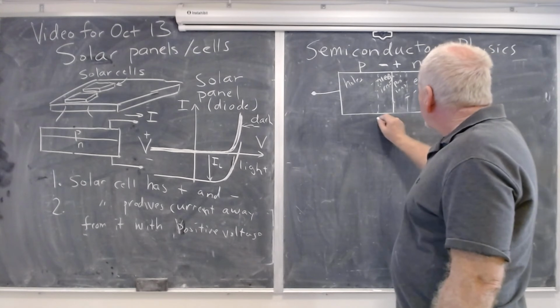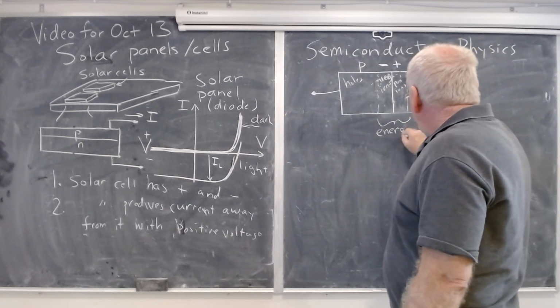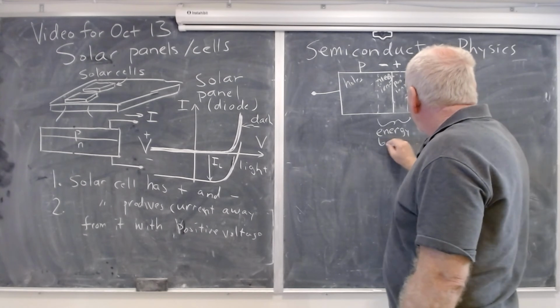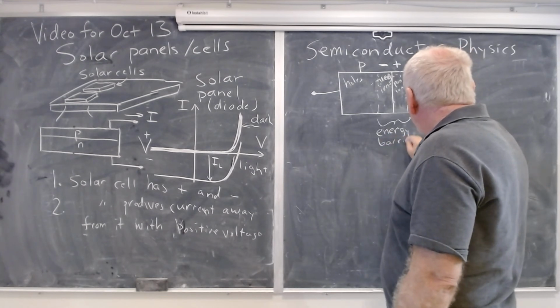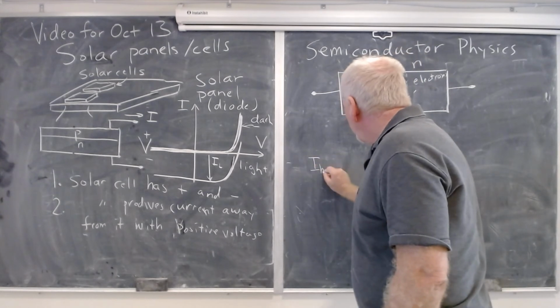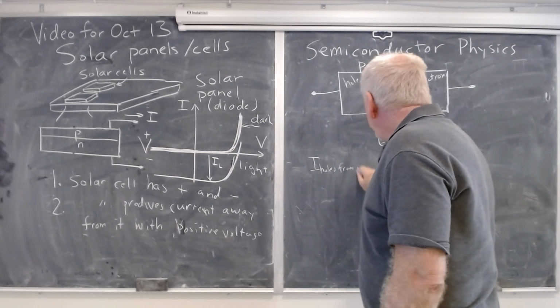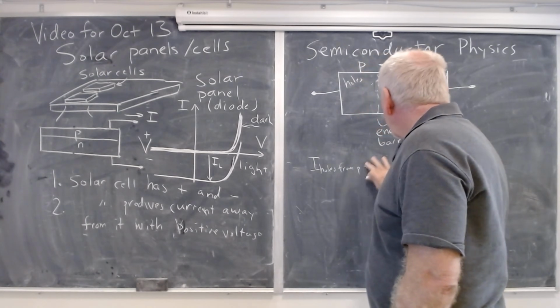And we're going to describe this as being an energy barrier. So you still get a current of holes from P to N,